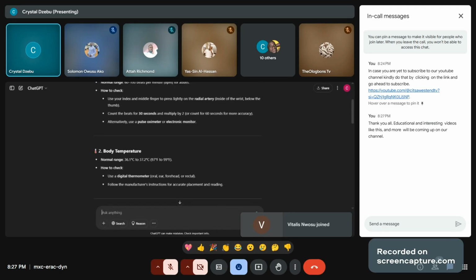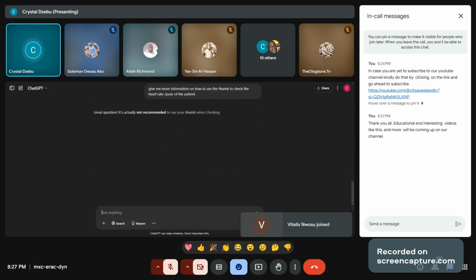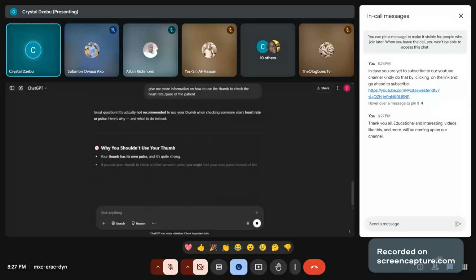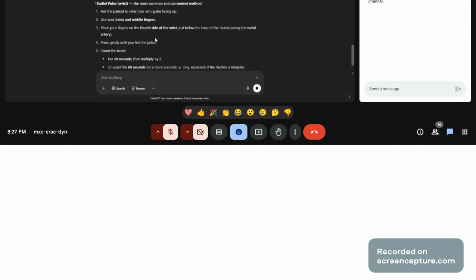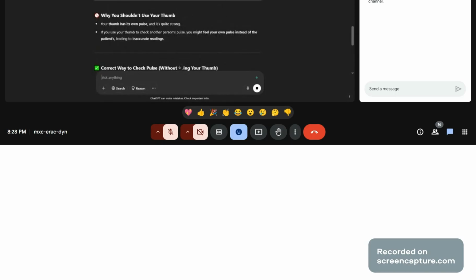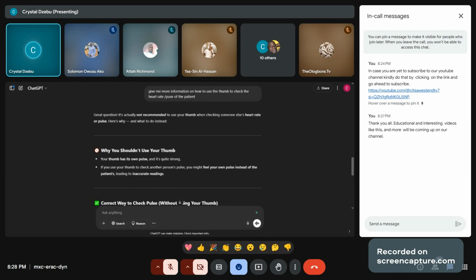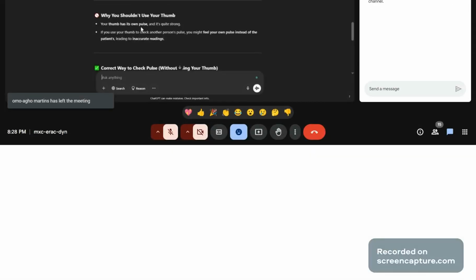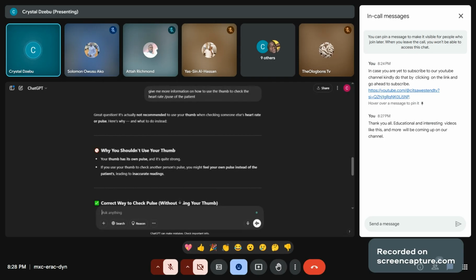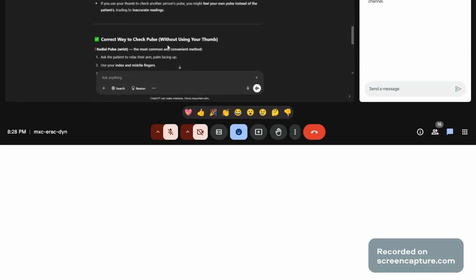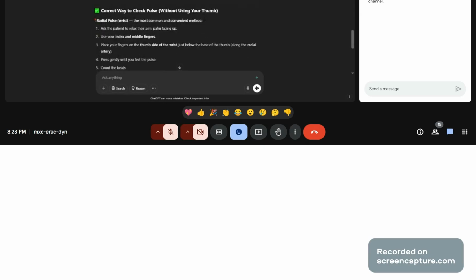So here it will now go into more detail. We started with a very simple prompt, but we've now gone into details. Here it's saying that one, you shouldn't use the thumb because it has its own pulse and it's quite strong. So if you use your thumb to check another person's pulse, you might feel your own pulse instead of the patient's pulse, leading to inaccurate readings. The correct way is to what? Use your wrist.